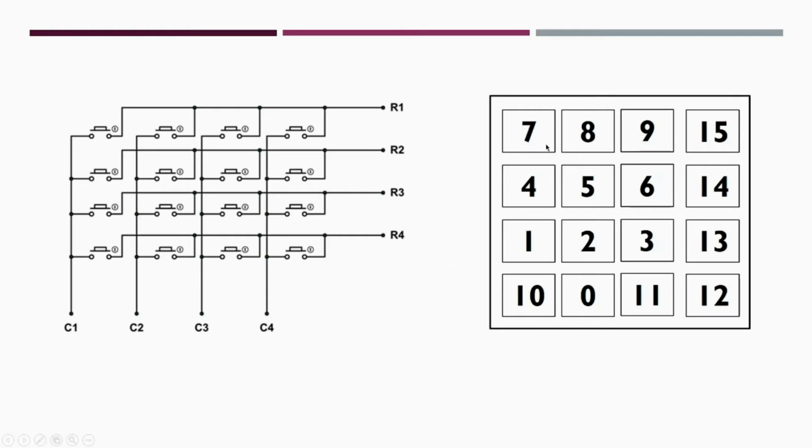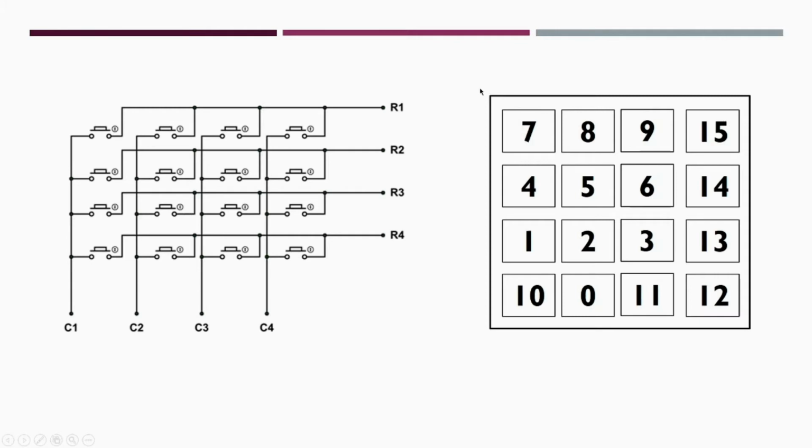When a key, say 7 is pressed, the entire row R1 becomes 0. Same goes for 8, 9, 15. To distinguish among them, we turn columns into 1 and then individually turn them to 0. As a key is still being pressed and the microcontroller is very quick, it can detect the key being pressed.